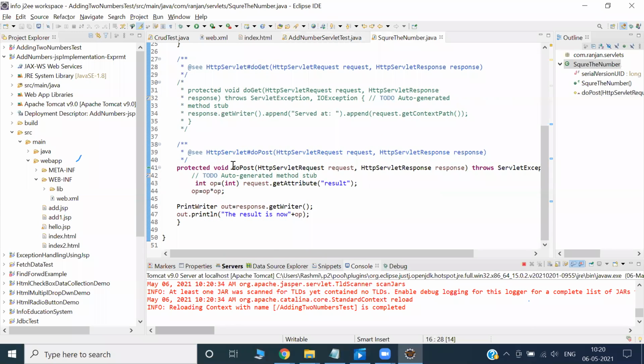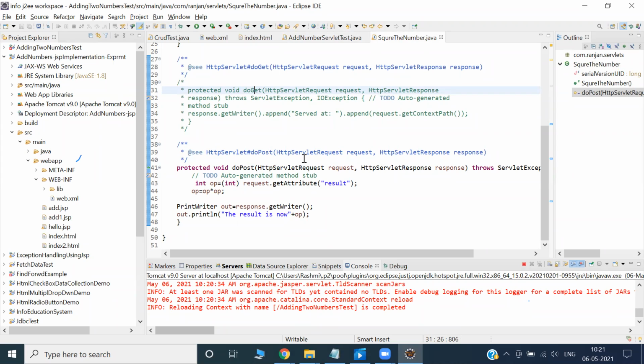Okay, if you have time, do a mistake. Just for testing purposes, write the doGet method and write the logic here. Let's see what exception you are getting. But I am doing all good, all in sequential, proper way. If I knowingly make a mistake, you can learn something. So let's say the doPost method.